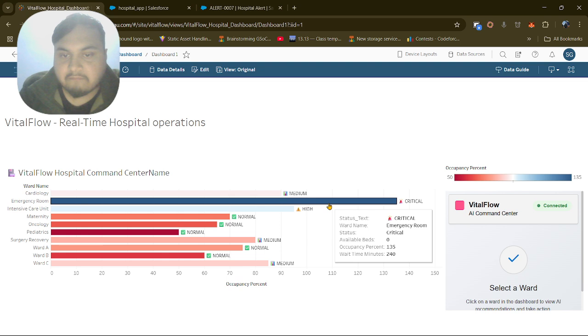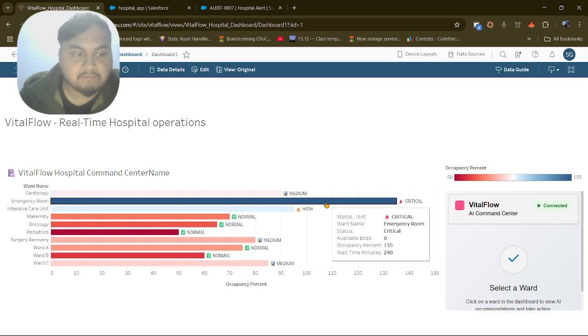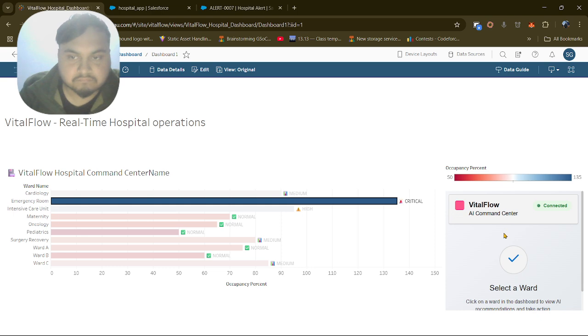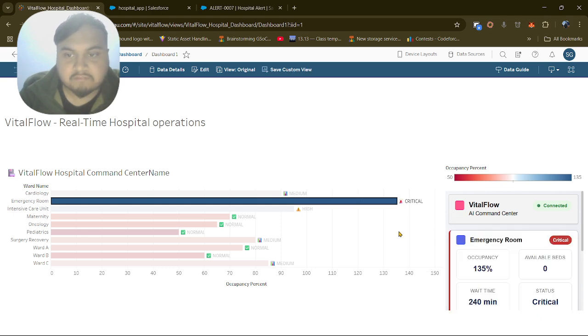There are no available beds, and the occupancy percentage is 135. So basically, it's overcrowded, and the wait time is long. So they have to divert the ambulance to another hospital. It could cost someone's life. So the solution is